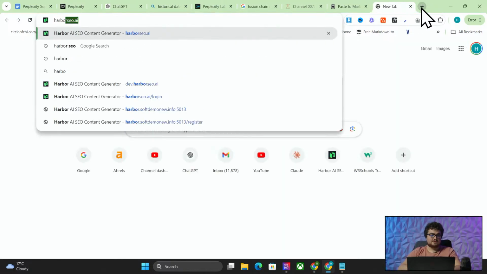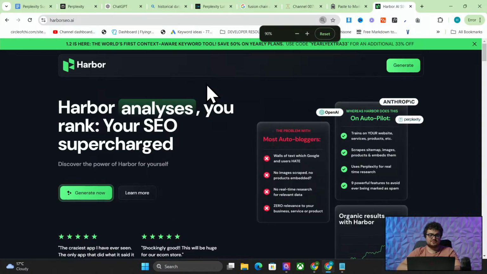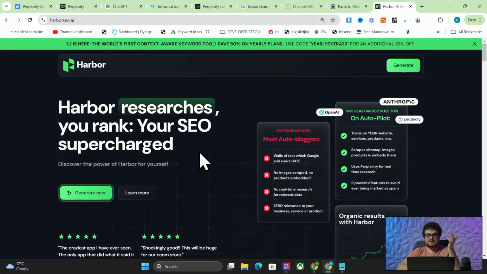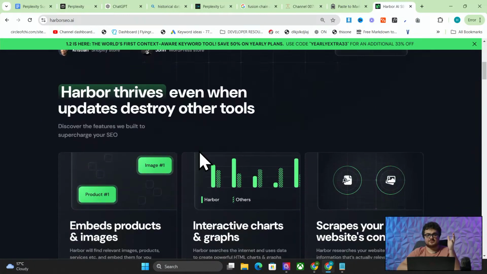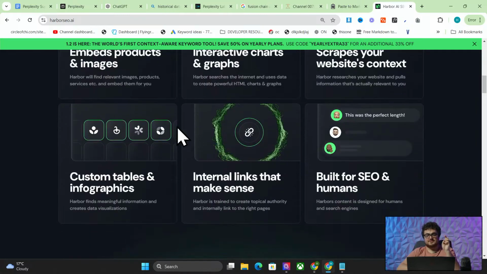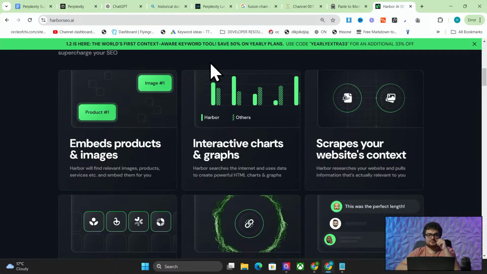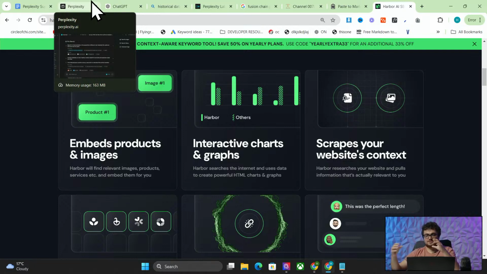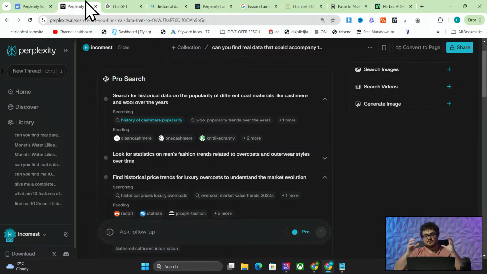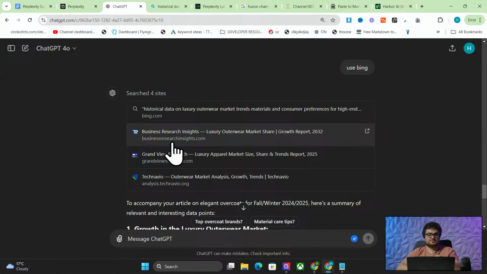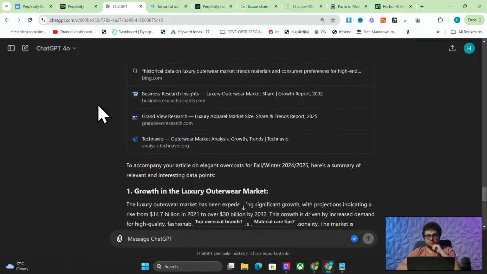This is actually what Harbor does to a certain extent as well. It's not quite as detailed as Perplexity at the moment, but Harbor does do something very similar with its reverse engineering that it does. It basically does a search for 5 competitors. But one of the things it does is it breaks down the keyword that Harbor gives you into a much smaller keyword, and then does like 5 to 6 searches, so that you're not just looking for one keyword, you're looking for a decent amount of information over the internet instead of just one response or one search, which is what ChatGPT does, which is woefully,